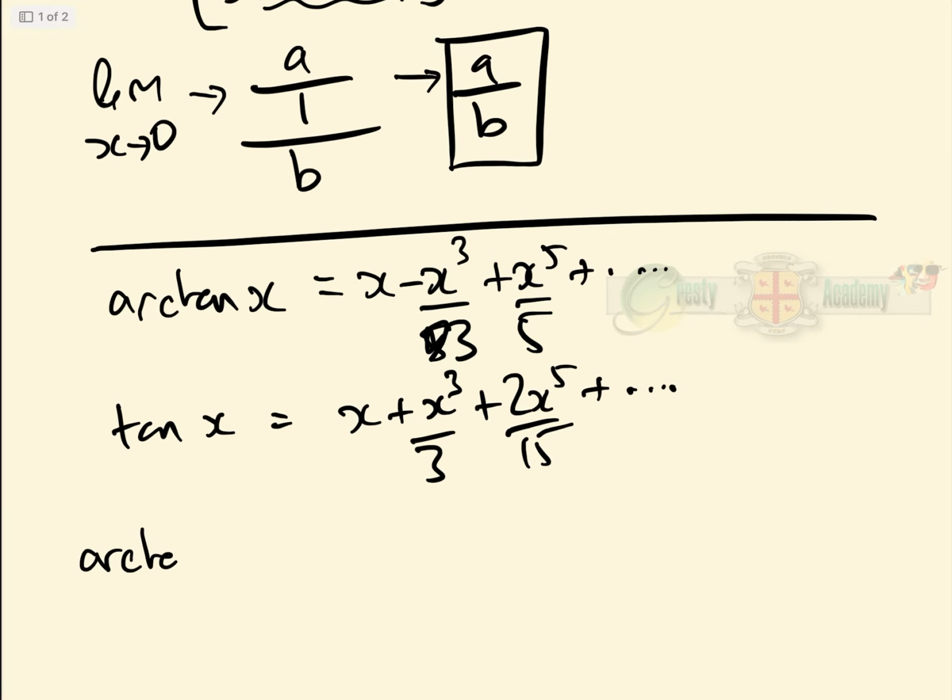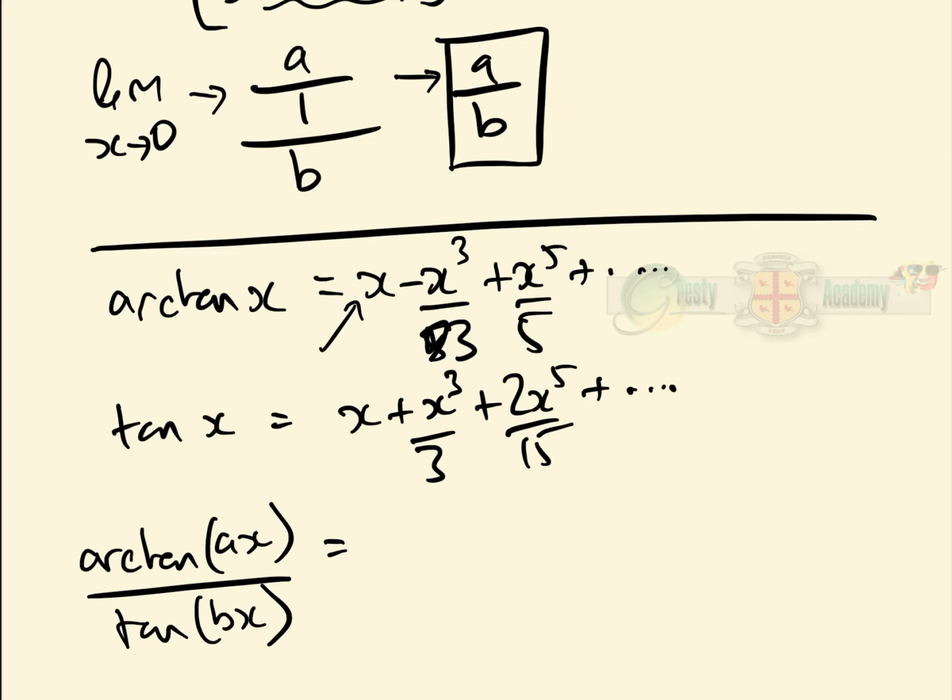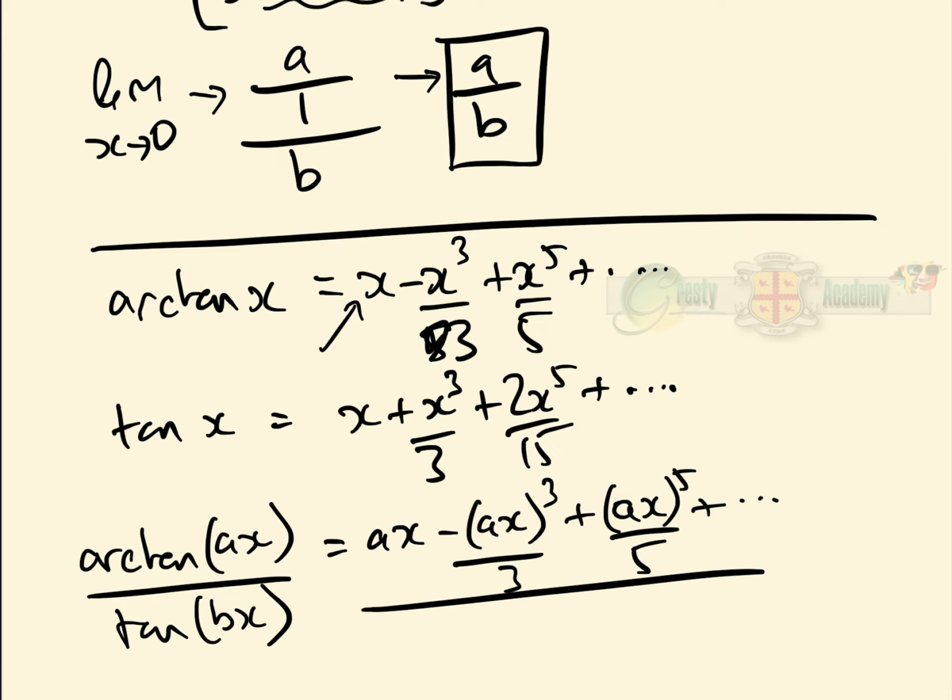So therefore we have that arctan of ax over tan of bx is equal to, we have to just put ax in here, that will be ax minus ax cubed over 3, add ax to the 5 over 5, add over bx add bx cubed over 3, add 2bx to the 5 over 15, add